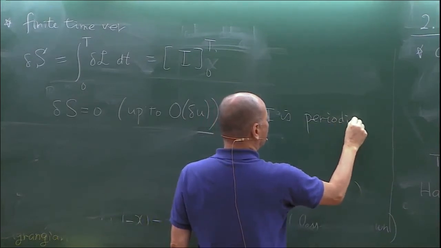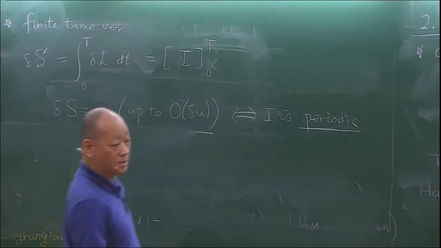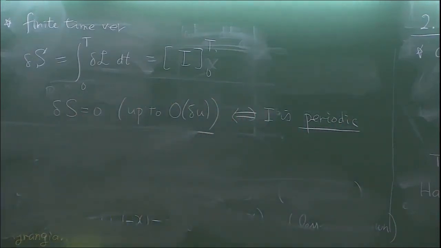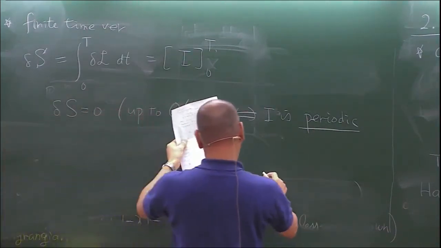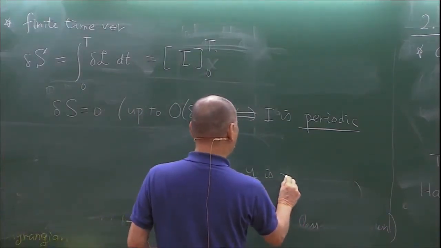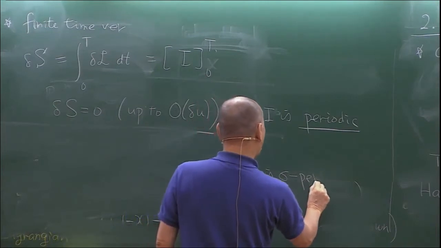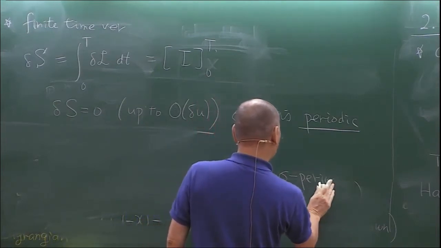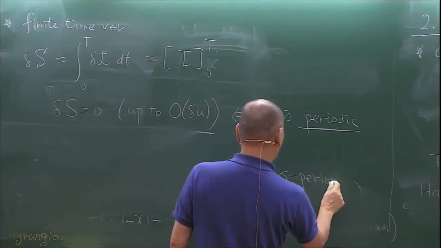Now you see how periodicity enters into the business at the very last moment. You know, our assumption is here. So actually, this one is guaranteed by the following sequence of arguments. So our periodic, our